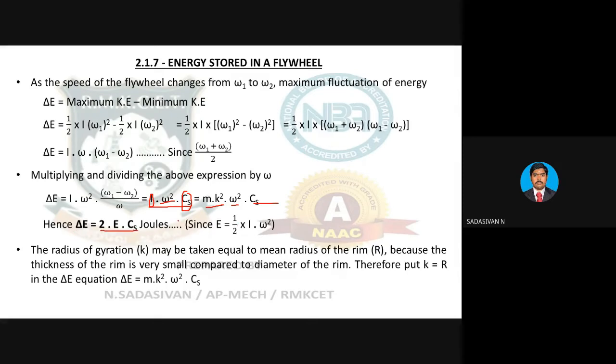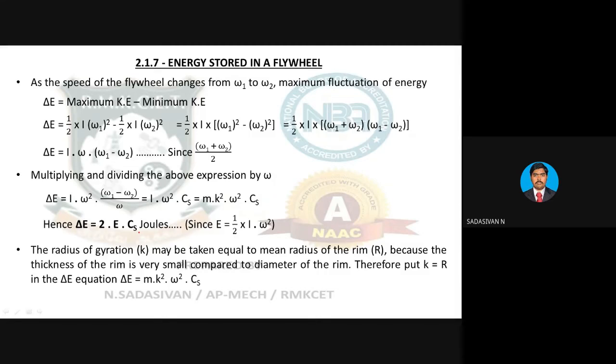Now you will have multiple formulas here. The E formula is half I omega square, the kinetic energy formula. Now if I strike out this 2, you are having I omega square here into Cs. So what I am doing is cross multiplying this 2 here, 2E. The same formula is written here. I know that E equals half mv square or half I omega square. This is a general formula irrespective of the derivation. Send this 2 this side, it will become 2E equal to I omega square. So replace that here. Instead of mk square omega square or I omega square, I am going to put 2E multiplied by Cs. This is another way to write the same formula.